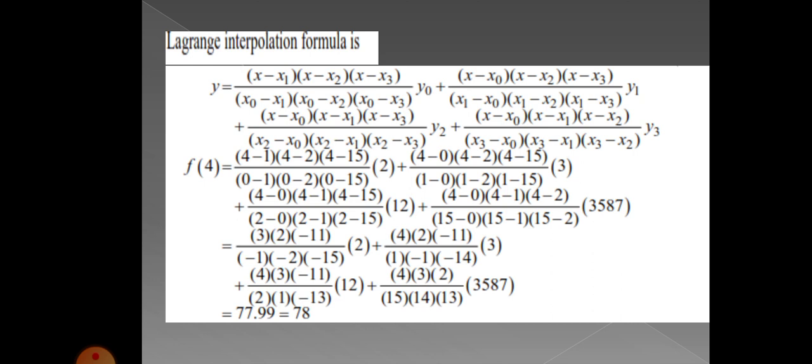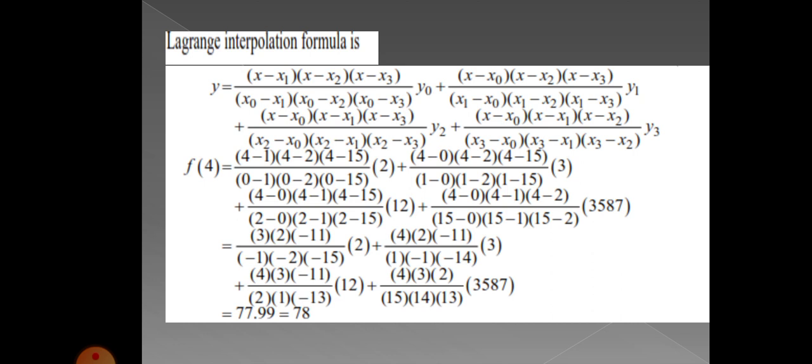Both methods are applicable. So here, Lagrange's interpolation formula first you have to write. The formula also carries 2 marks, so if it is correct, you will get the 2 marks. Next, f of 4 you have to find out. Wherever there is x you have to use 4, because the question asks us to find f of 4. The remaining values we have already fixed in the tabular column, x0, x1, x2, x3 and then y0, y1, y2, y3. I have to apply all those values in Lagrange's formula.